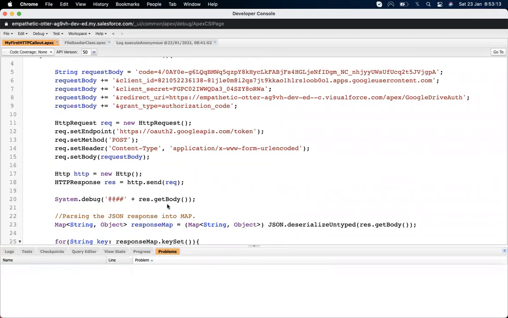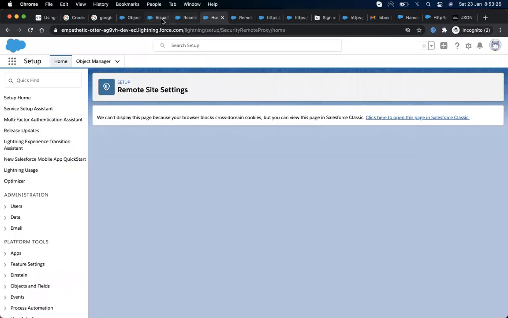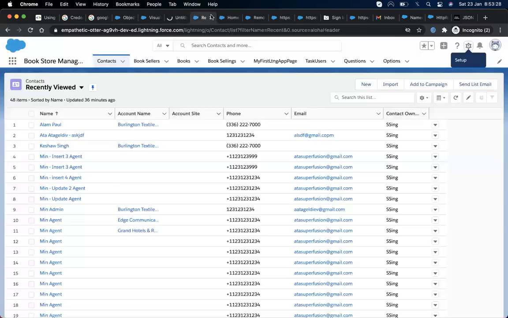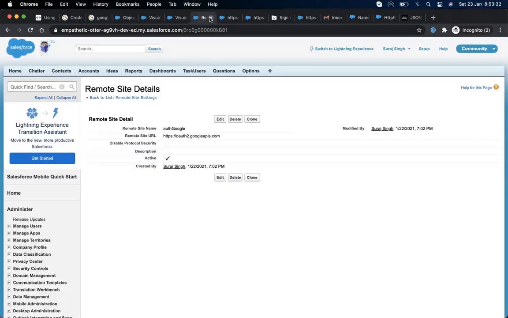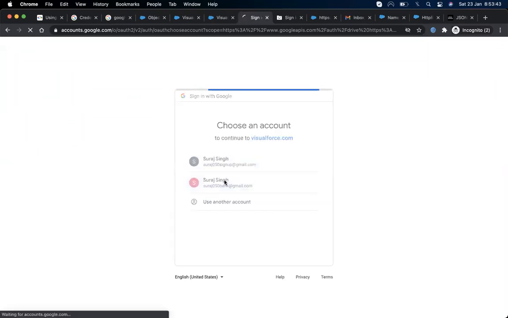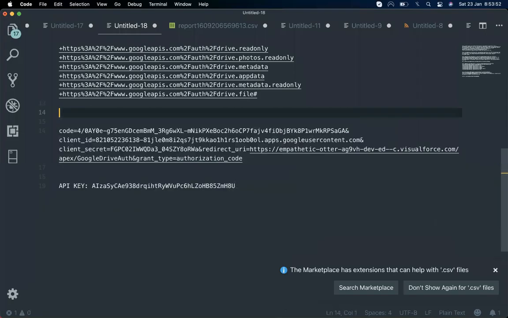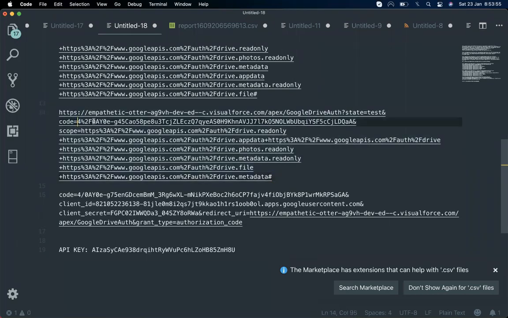Okay, so let's generate the code. Code is here.